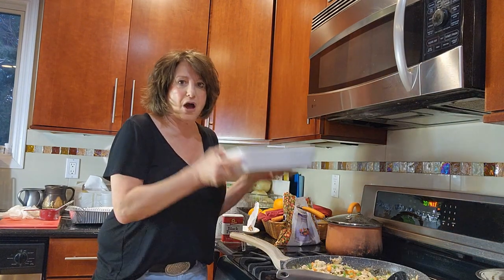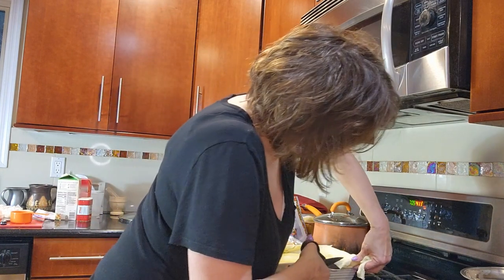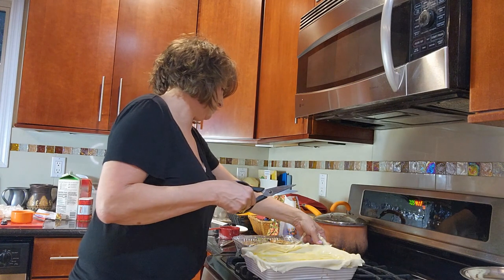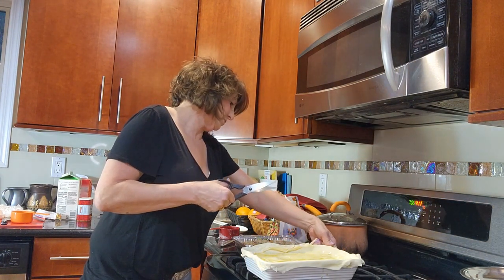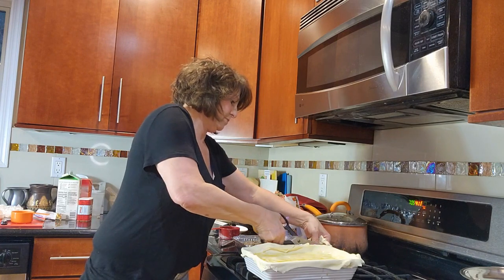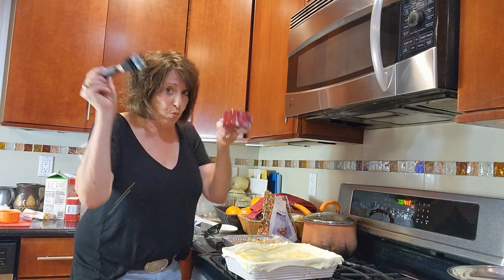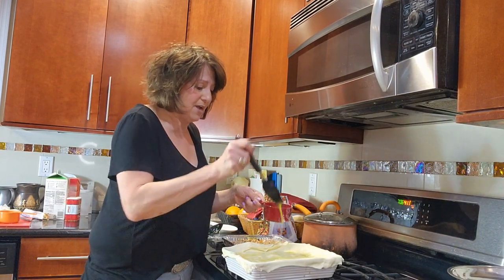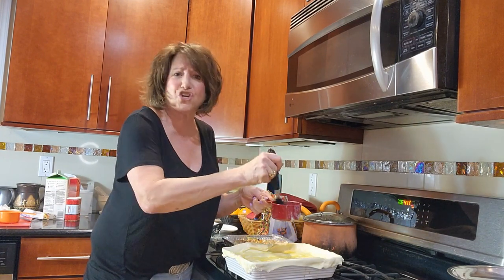I have my baking dish all prepped. At this step, pour the entire mixture of your chicken and vegetables right into your baking pan. Lay on top of it your puff pastry sheet. I like to cut around a little bit and place it all on top. Take your egg wash and dab a nice amount right on top of here so it will come out golden